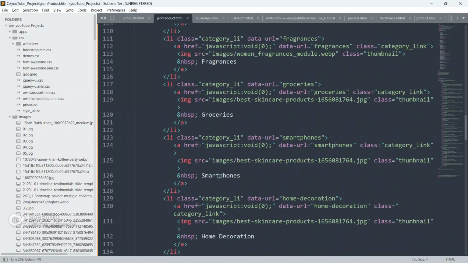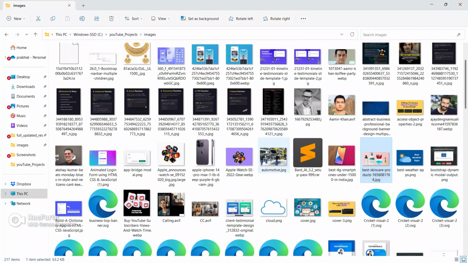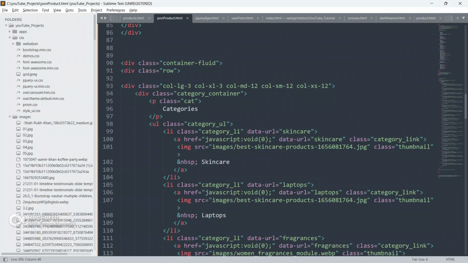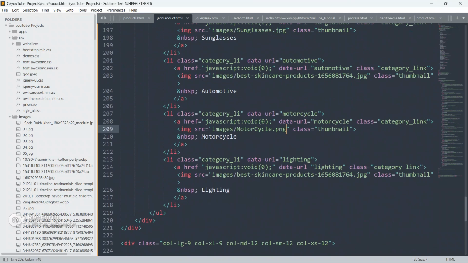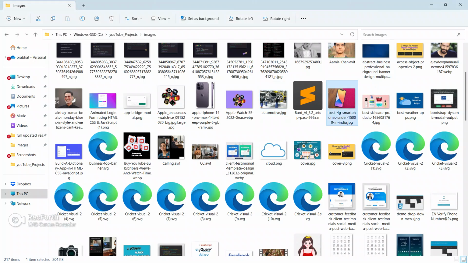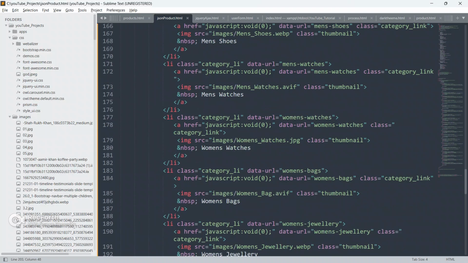Skincare, we just have to change the skincare. Yeah, it's already there. So now automotive, this is the automotive and smartphones.